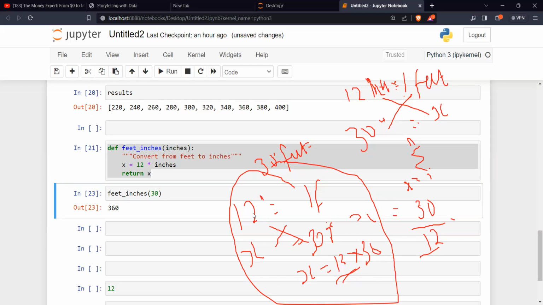So the point here is that before you even write anything in code in Python, first of all, you must understand what you are doing here. You must know how to do it on paper first, is it not? The only reason why you are writing it is in case it comes up so many times. I don't want a situation where I have to start writing it over and over again. So I'll just write one simple code that can help me do it. That's where your functions come in, because when you write the functions, it can be used anytime. So anytime I want to, I can just call it up.